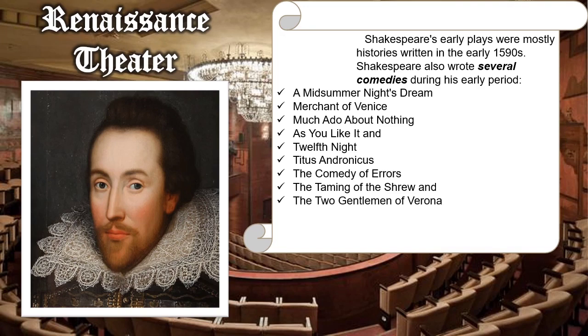Shakespeare's early plays were mostly histories written in the early 1950s. Shakespeare also wrote several comedies during his early period. Here are the examples: A Midsummer Night's Dream, Merchant of Venice, Much Ado About Nothing, As You Like It, Twelfth